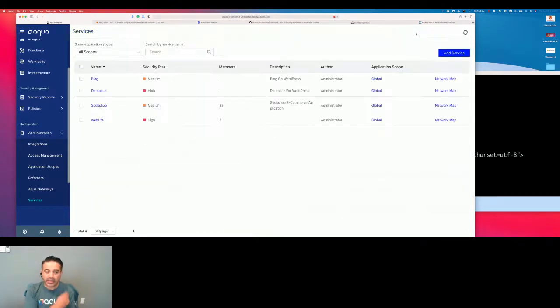So the idea really is this is how you're going to prevent hackers from getting in. If you use a tool like Aqua or any other tools, you want to be able to scan your image first, and make sure there are no vulnerabilities out there. And I showed you Aqua, but that's where I work, and these are the tools I have available to me to show you the demo. But I hope this gave you a